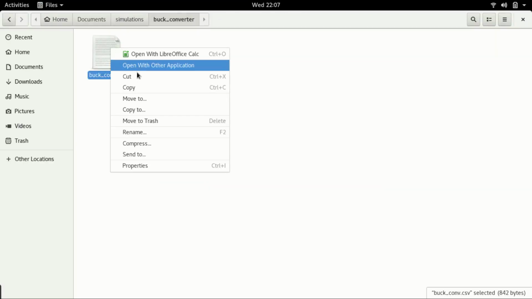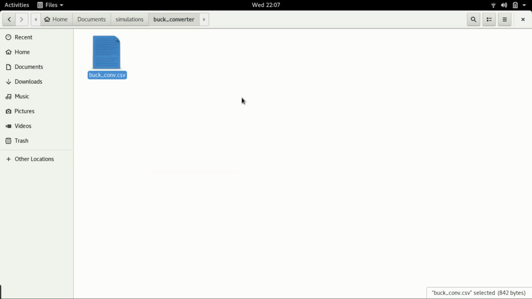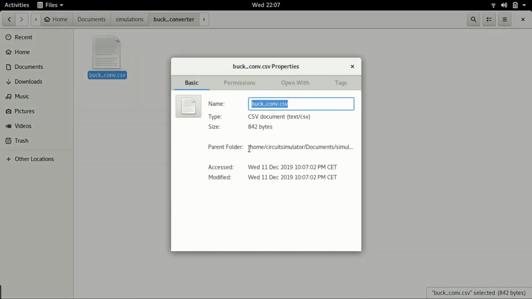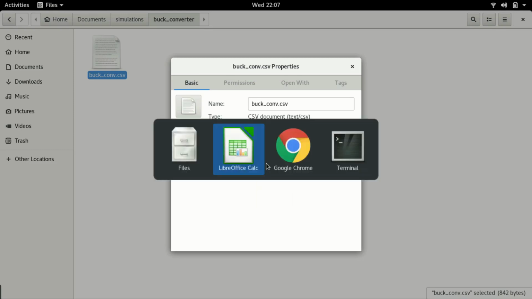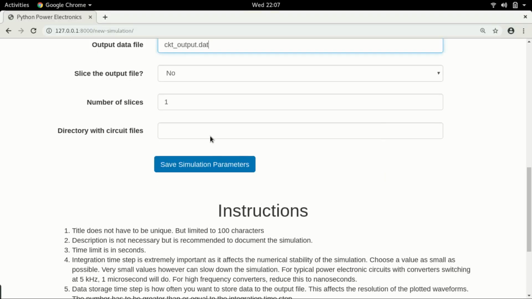So for that, we just right click on it, go to the properties, and here you'll see the parent folder. So we just have to copy this, and we will paste the directory here. So this becomes our working directory of the simulation. This is where we'll store all our circuit files, and this is where it will also store the output data file, and also when we plot files we'll find that the image files are saved in the same